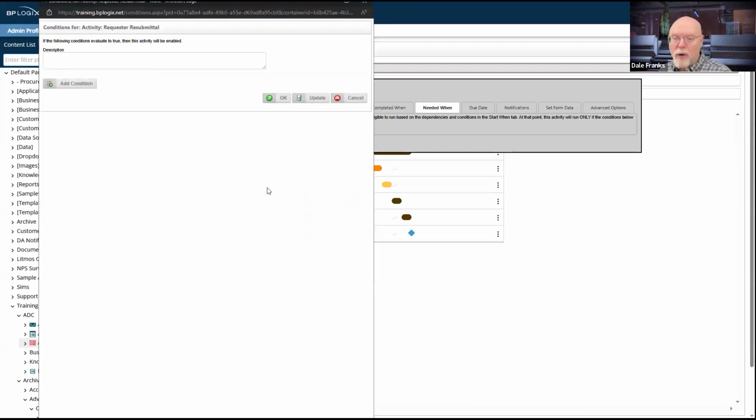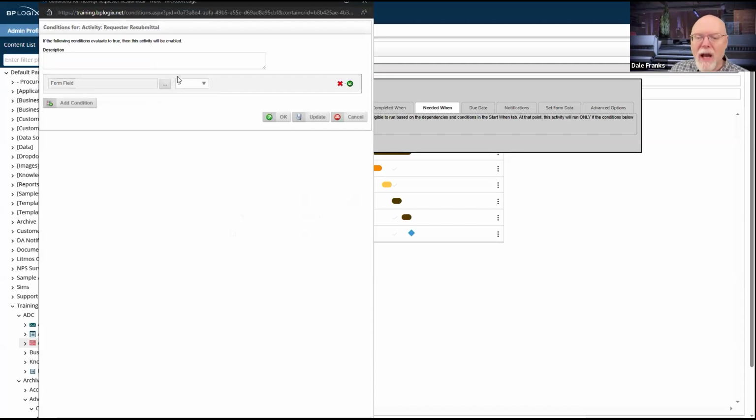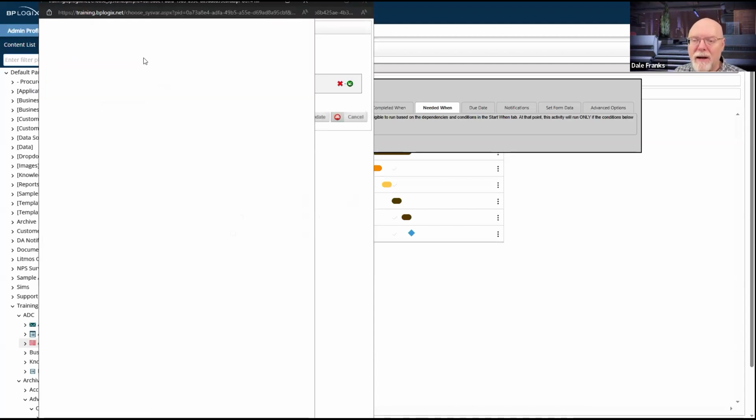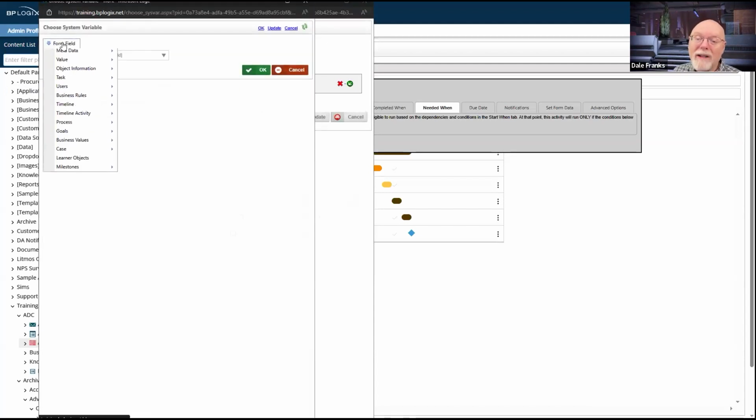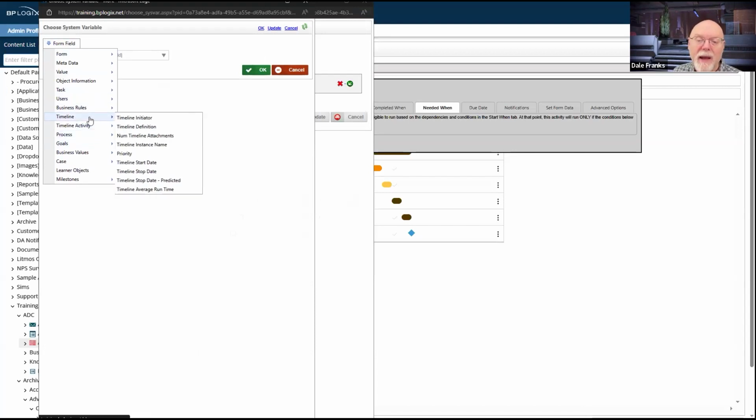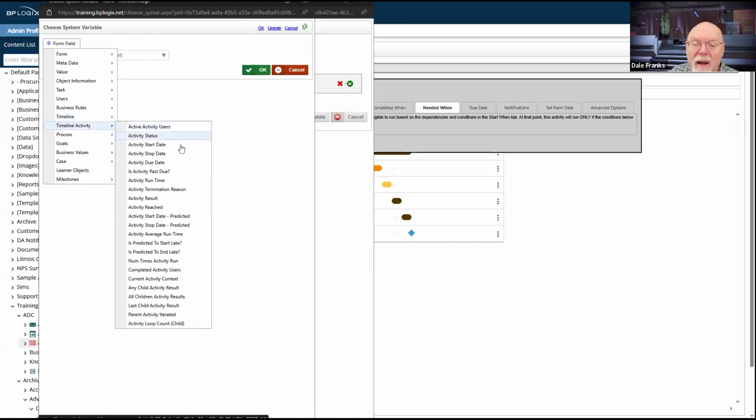So we're going to have to create a condition here on the needed when tab, because I only need this in really one specific instance. And that is if the parent activity has iterated.